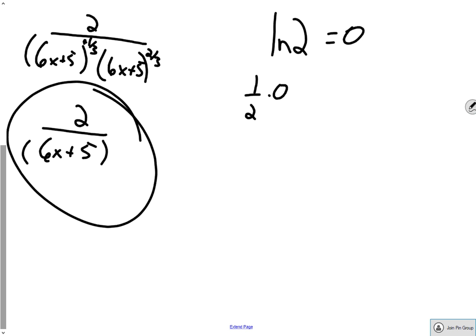Just so you guys are aware, 2 is a constant, right? So the derivative of any constant... All right. Now, just for hoops and giggles,